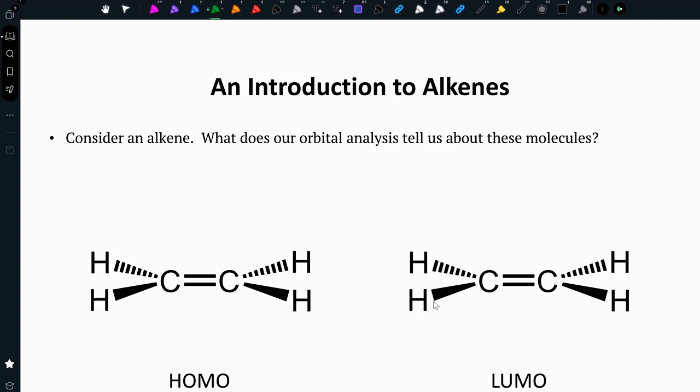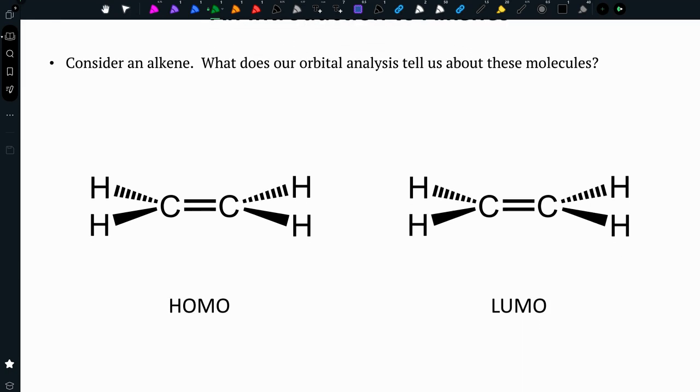Okay, let's talk about reactions of alkenes. When you're taking an organic chemistry class, generally, most courses will study reactions one functional group at a time. And so we're going to start with alkenes. And when you consider a new functional group and think about how they might react, you want to think about